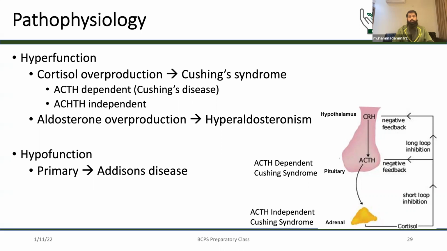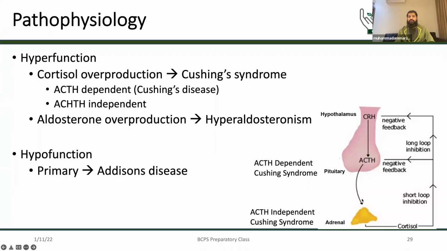And this cortisol overproduction could be ACTH or adrenocorticotropic hormone dependent or adrenocorticotropic hormone independent. So what does it mean? It means that there could be a tumor in the pituitary which is secreting a lot of ACTH, and if ACTH is secreted in large quantities, it would definitely affect the adrenal gland, and the adrenal gland would have increased levels of cortisol. So such a type of disease would be ACTH dependent because ACTH levels are increased,